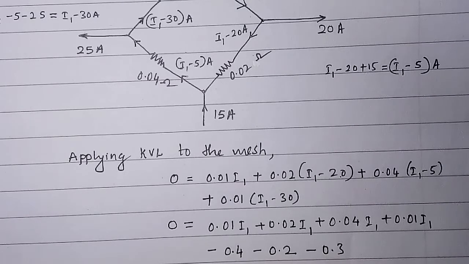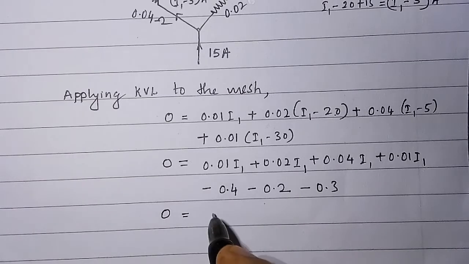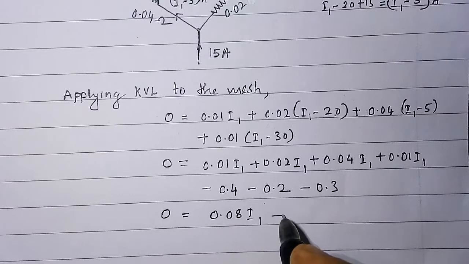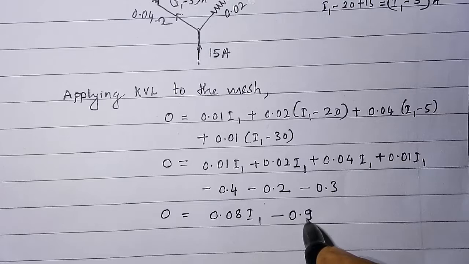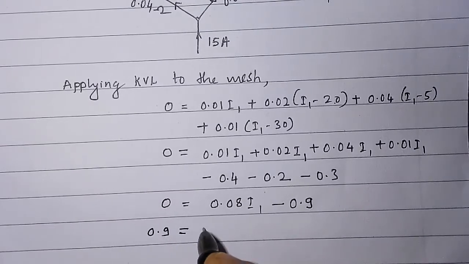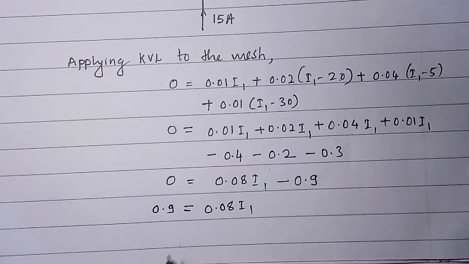So 0 equal to, adding all these, we get 0.08 I1 minus 0.9. So 0.9 equal to 0.08 I1, and hence I1 becomes equal to